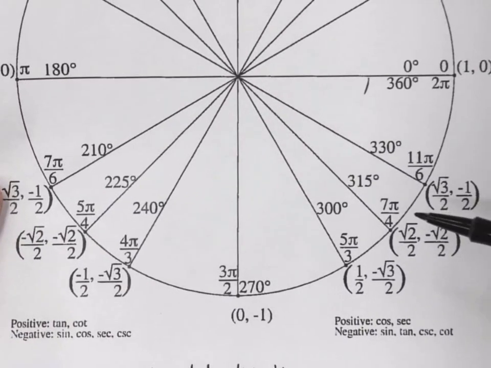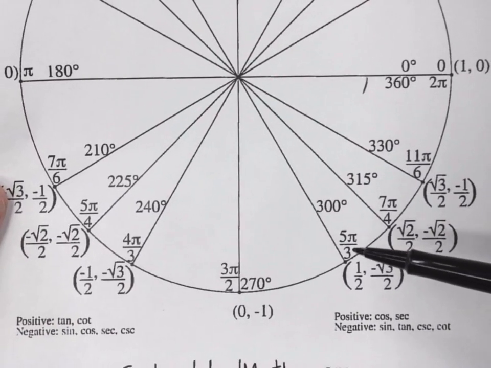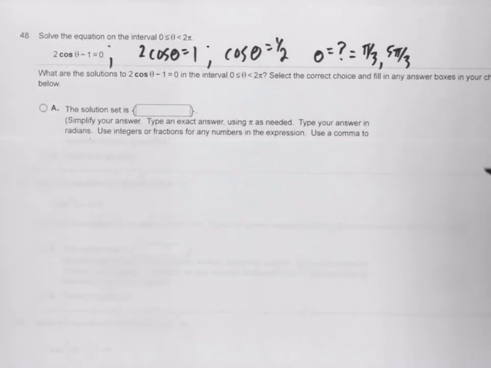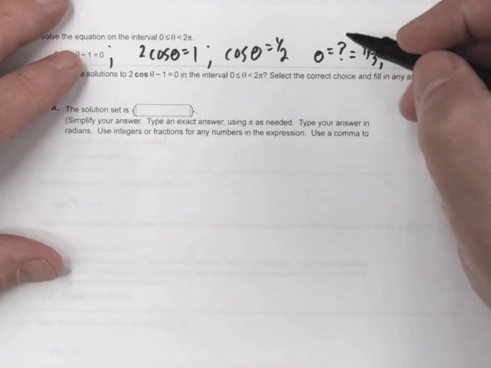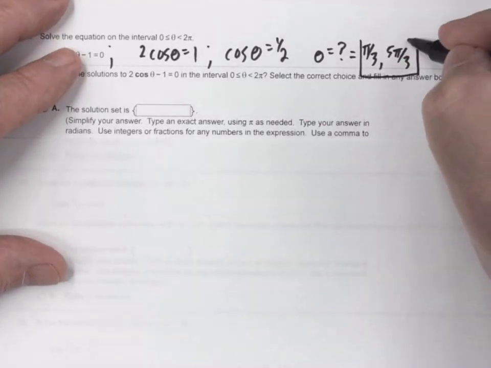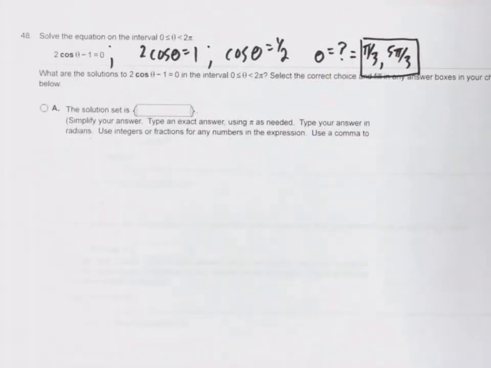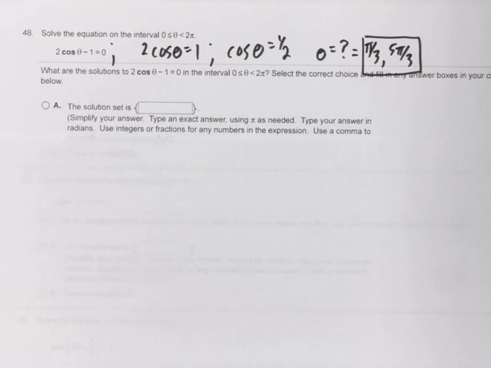The other place in the circle is 5 pi over 3, the cosine's 1/2. So then those are your 2 solutions. You would put these in this box. I will confirm that's the correct answer, and that is. So the next one,